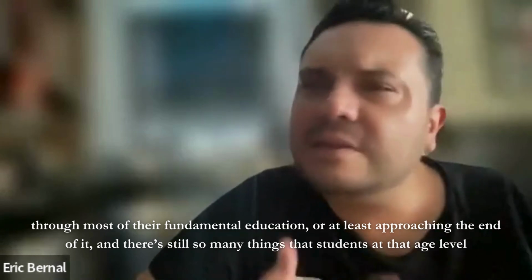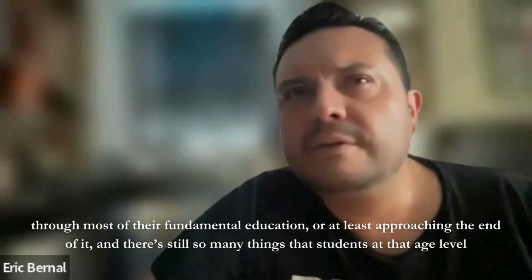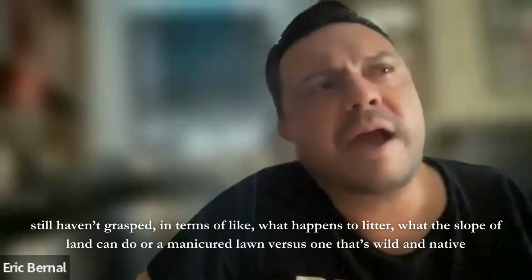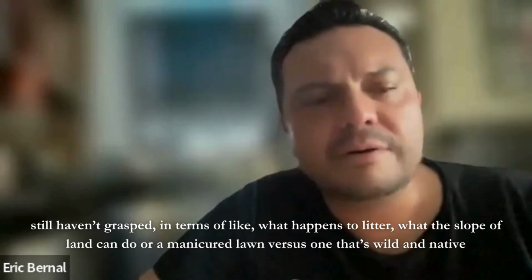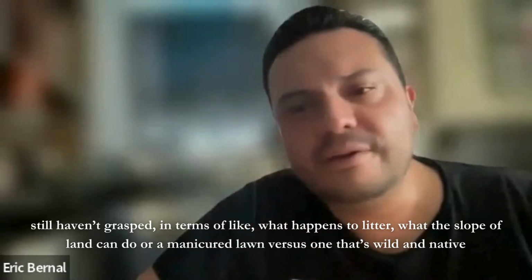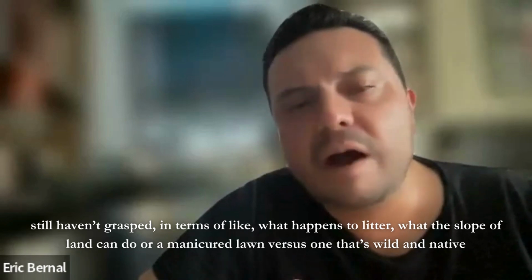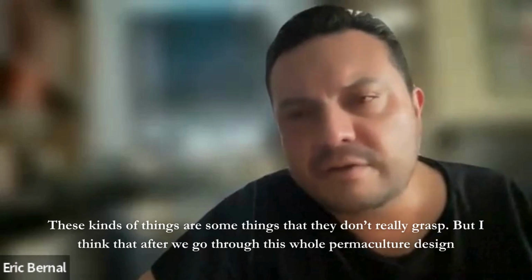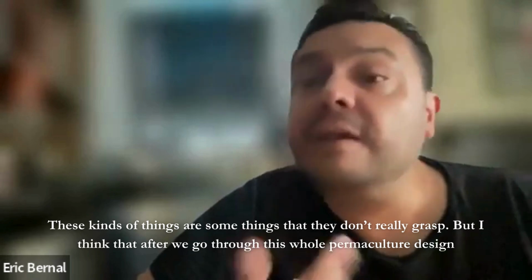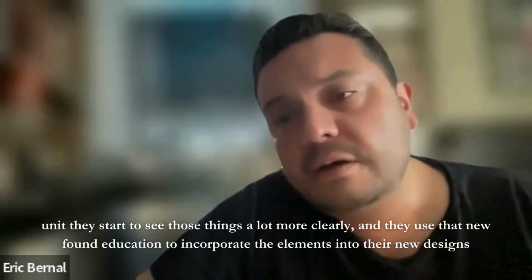And there are still so many things that students at that age level haven't grasped, like what happens to litter, or what the slope of land can do, or a manicured lawn versus one that's wild and native. These are things that they don't really grasp. But I think that after we go through this whole permaculture design